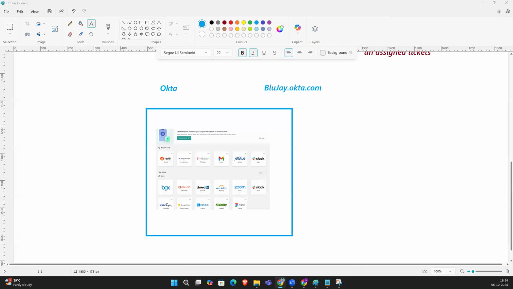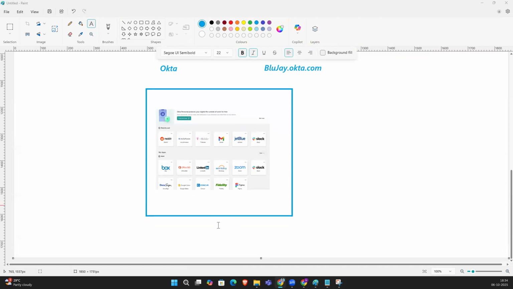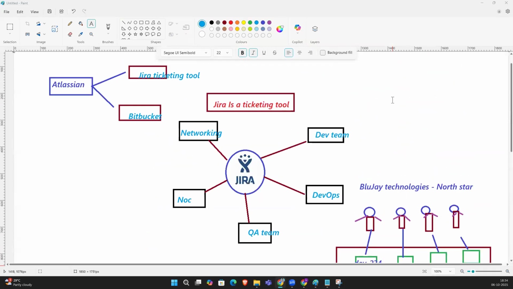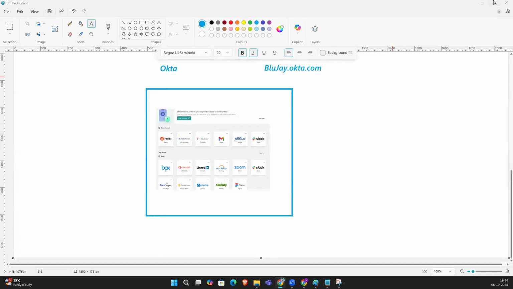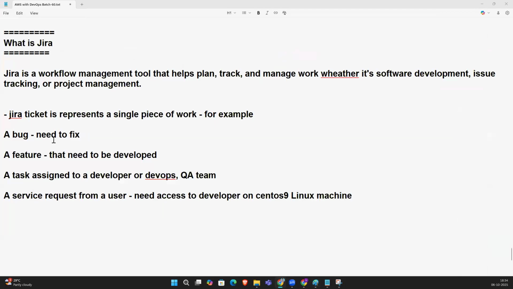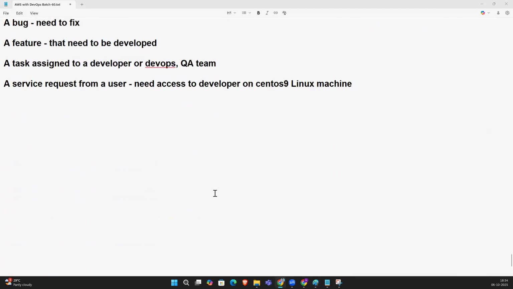Everything will be integrated, and Okta works seamlessly with most enterprise apps. So now you understood Jira and Okta, right, guys?